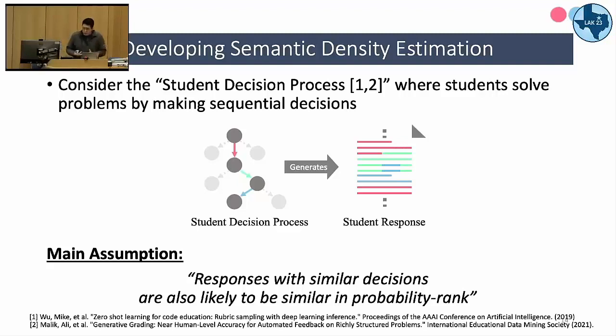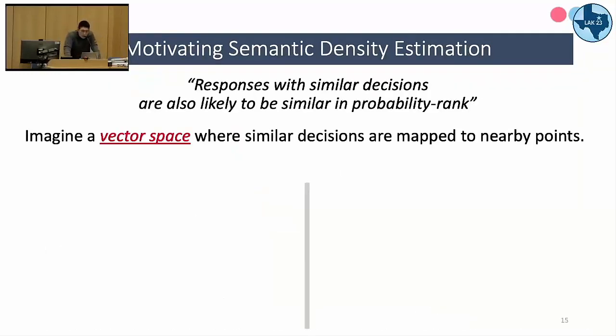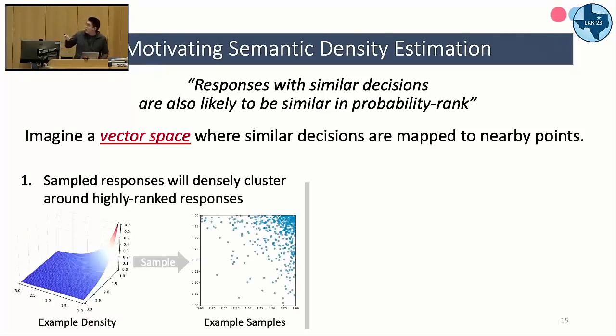So if two responses involve similar decisions, they're going to have similar probability, right? And if we imagine that there's a vector space, kind of like BERT, where similar decisions are mapped to nearby points, two insights arise. The first one is that sampled responses will actually densely cluster around highly ranked responses. Why? Because nearby points, like I said, in this assumption have similar probability, so they're going to be high probability